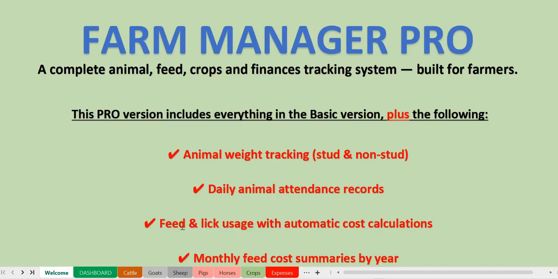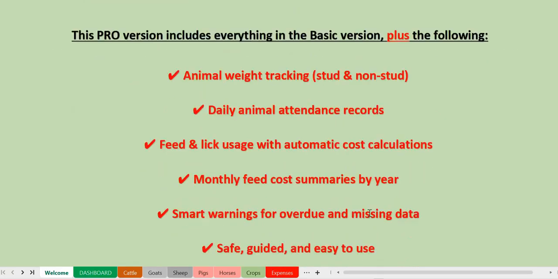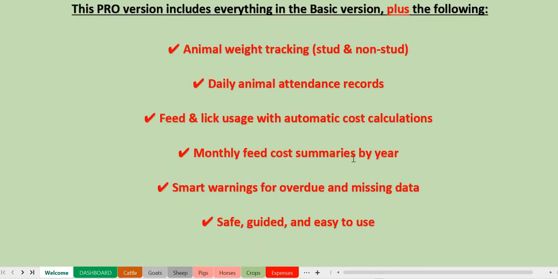And then it will also include a feed and lick usage, which will also have automatic cost calculations. We will also briefly look at that. It will also give you monthly feed cost summaries by year, as well as warnings for any overdue or missing data. Let's say, for example, when it comes to the animal weight tracking system,